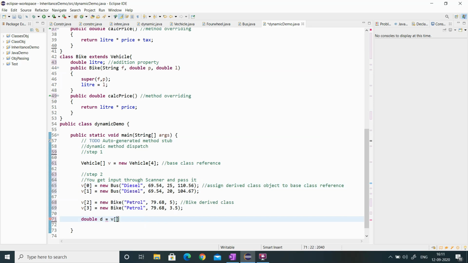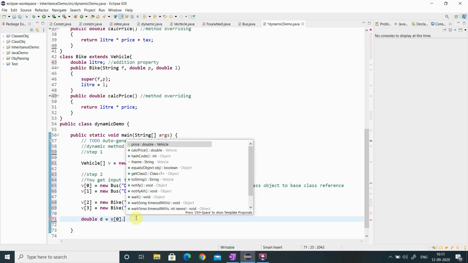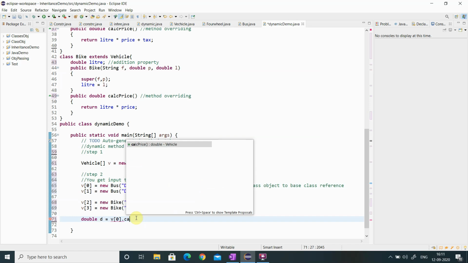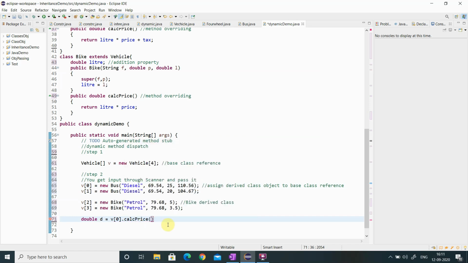So I have to use v of 0 dot calculate price. What will it do? It will invoke the calculate price method of the object reference pointing to the bus class, because v of 0 is pointing to the object of class bus. So the bus class calculate price will be invoked.